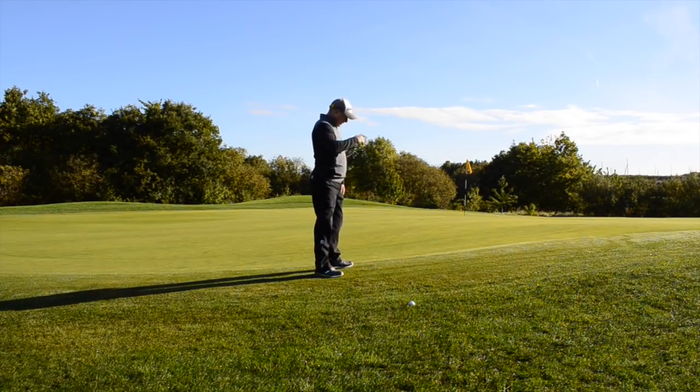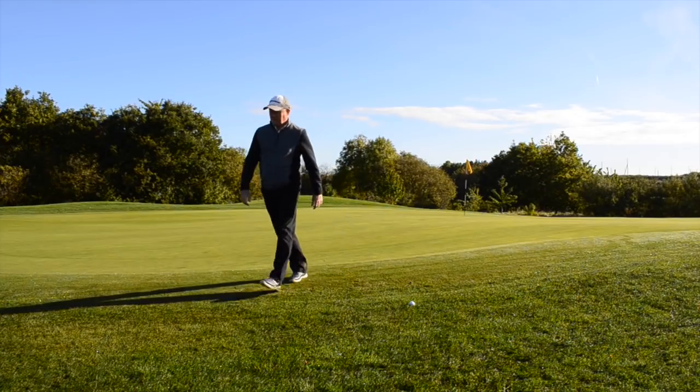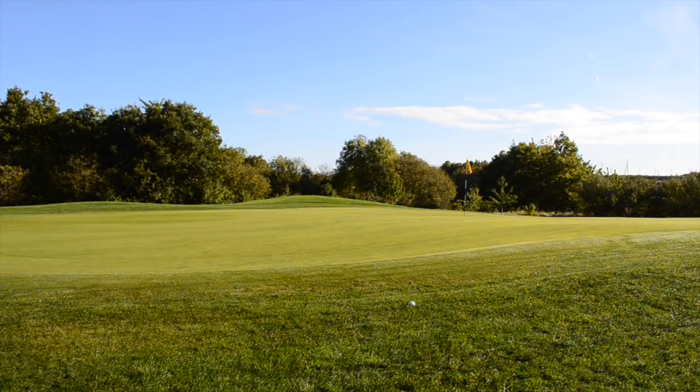So what club are you thinking from there? Thinking the one that we've just used, Chris. So hybrid, driver hybrid, what a par 4. So yeah, hybrid's going to get it up and over that to start with, and then roll down,